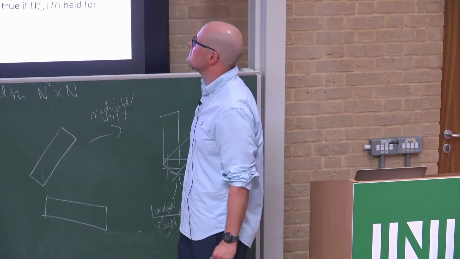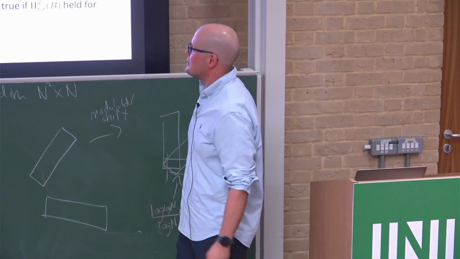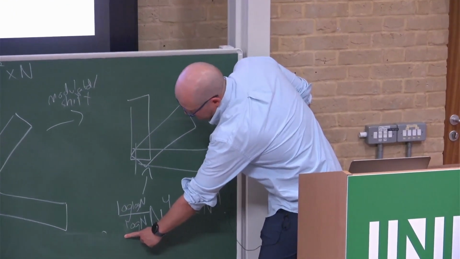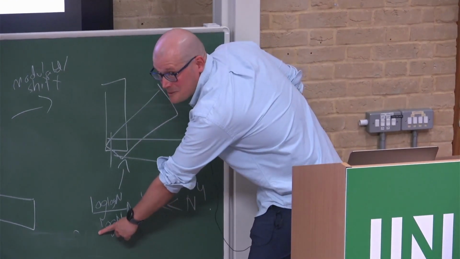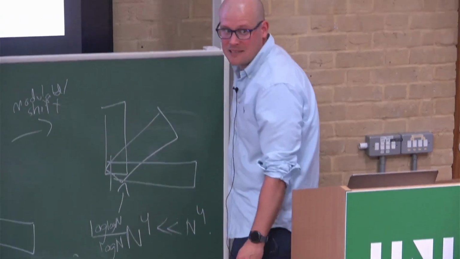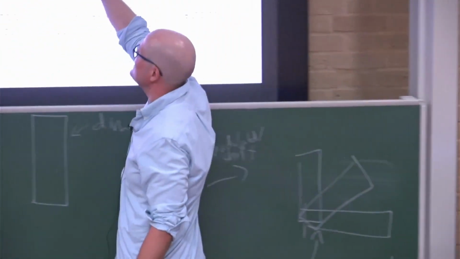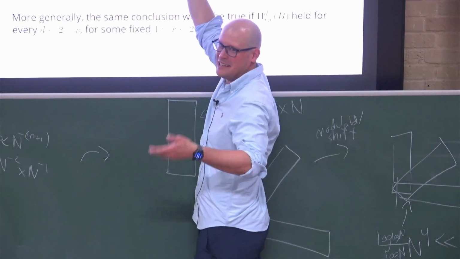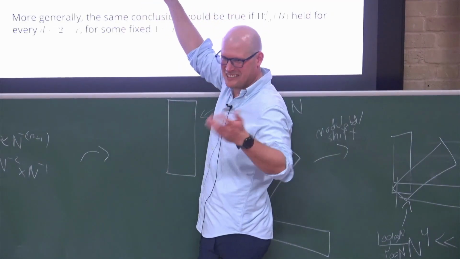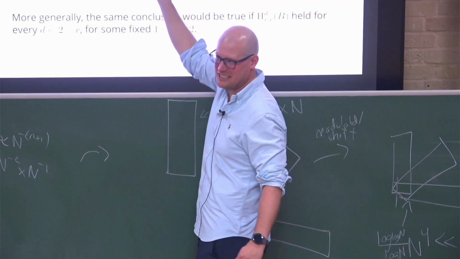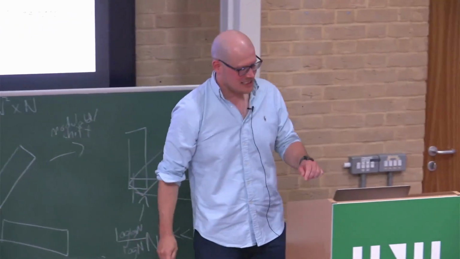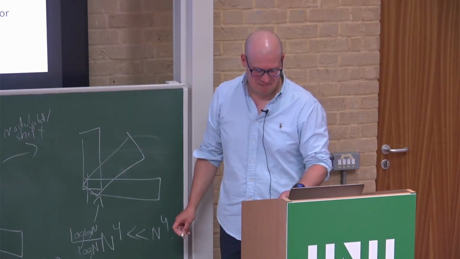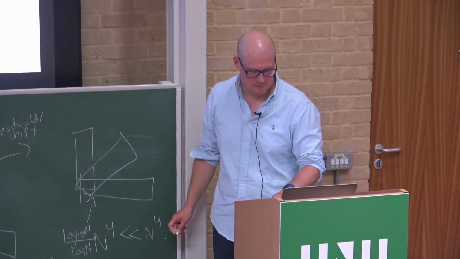I don't know, but yeah. So it asks basically that you can lose a logarithm here, but you can't lose the whole power of n, and that's what it asks for. Naively, I thought that I would prove this for d less than 1, and then when you write all the details, you realize that actually it implies the Kakeya conjecture, and then you think, okay, I probably can't prove this. But anyway, it's a nice connection.